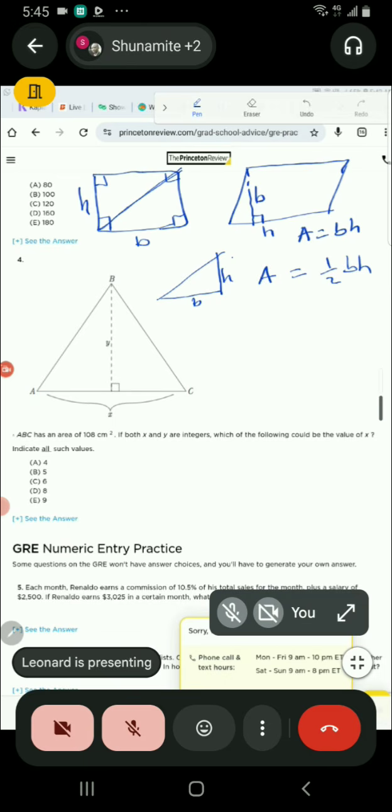From now on, we are not talking about base and height, base and